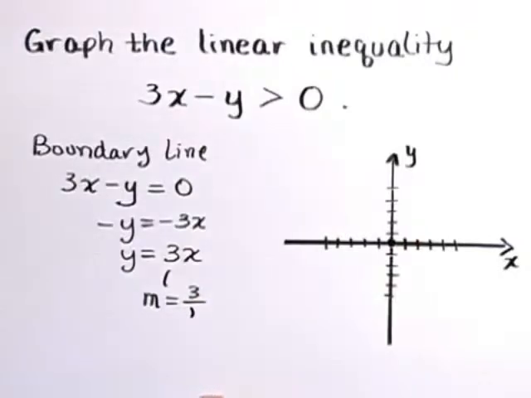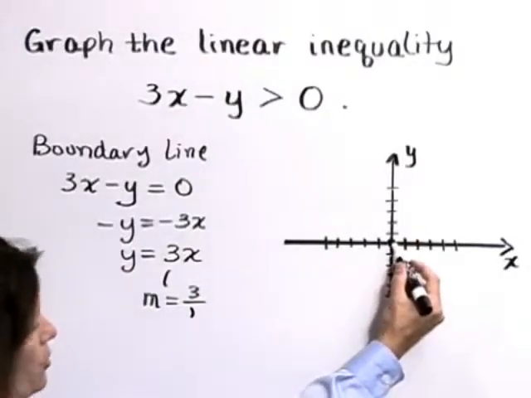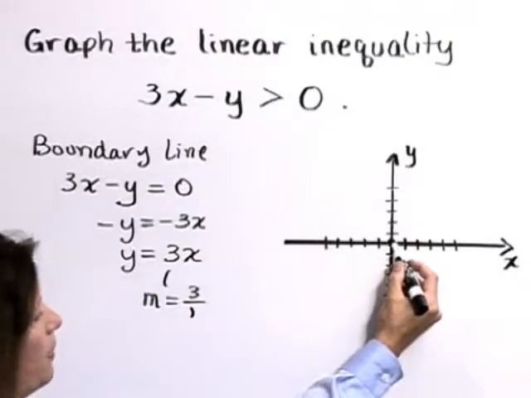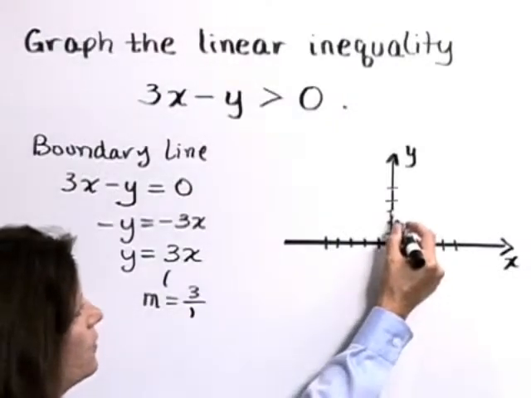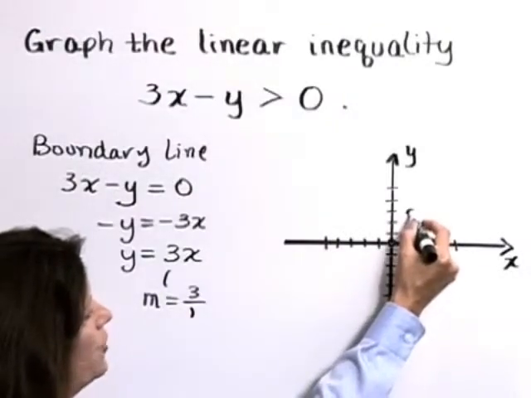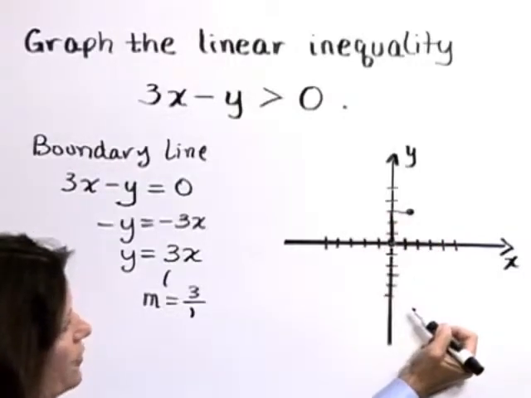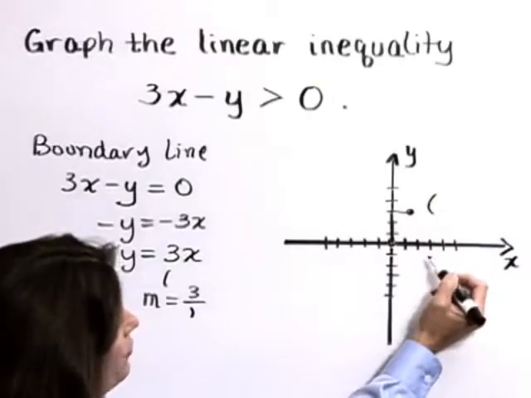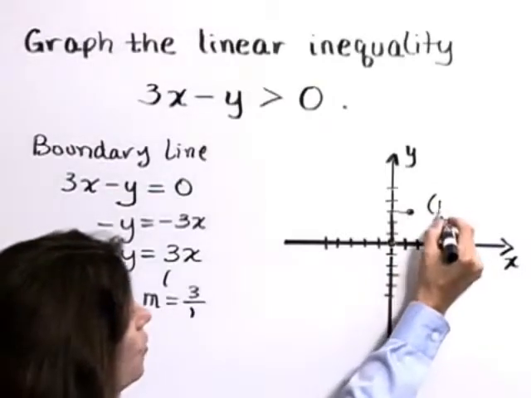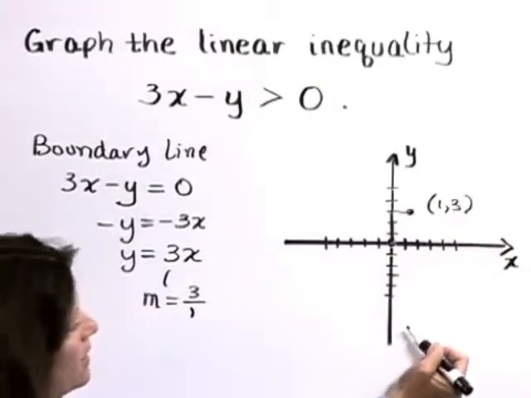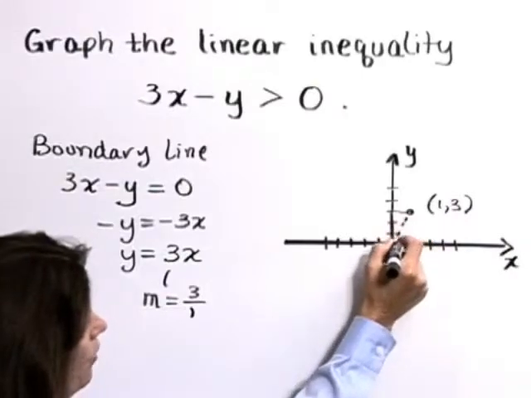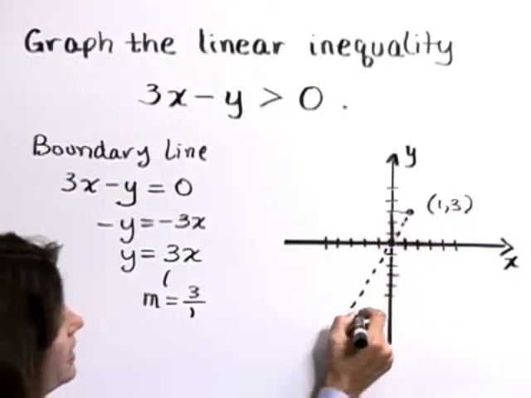1. Therefore, we can get from the origin to another point on the line by rising 3 units and running 1 unit. That's a rise of 3, run of 1 to count off the slope. So this boundary line also goes through the point (1, 3). Now as we graph it, we'll graph this boundary line as a dotted line